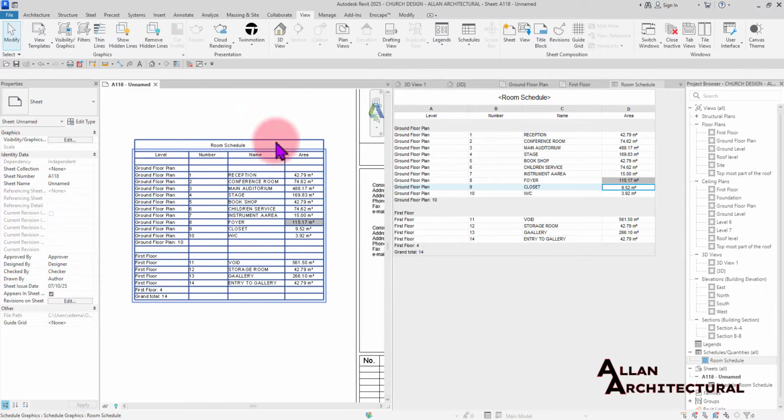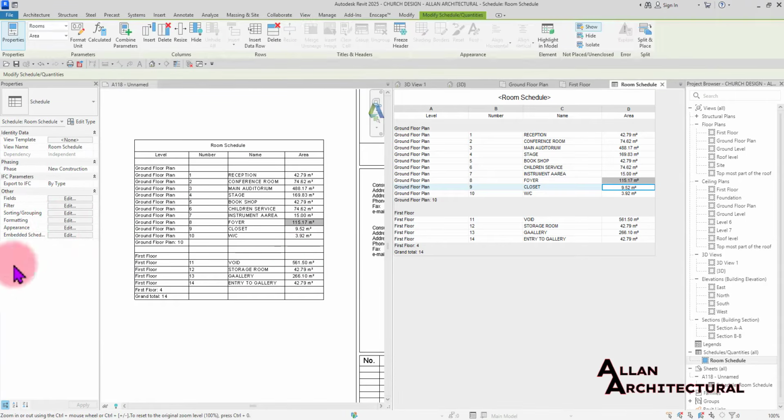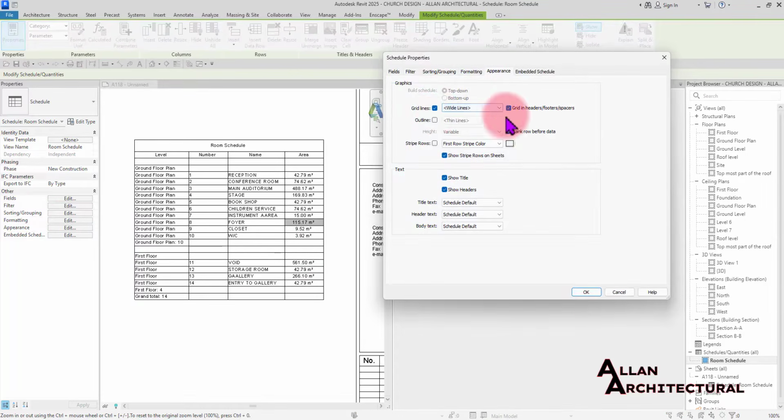All right, for our grades, the headers and the footers are going to make it actually look like a box, which I think is quite refined. This is quite perfect, so I'm going to leave this as it is. I'm going to get back into my room schedule, get into the appearance tab, and we have that checked in there,